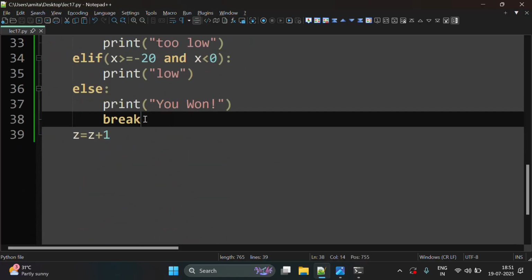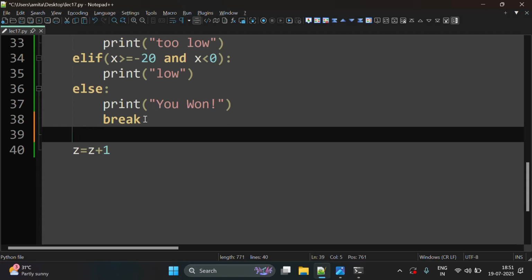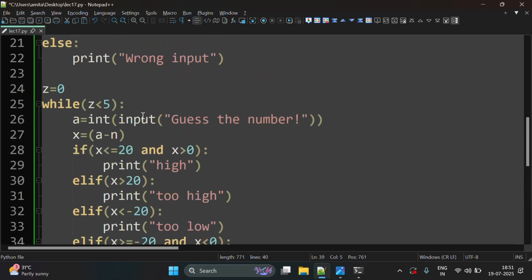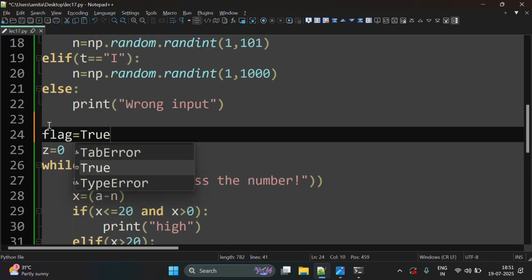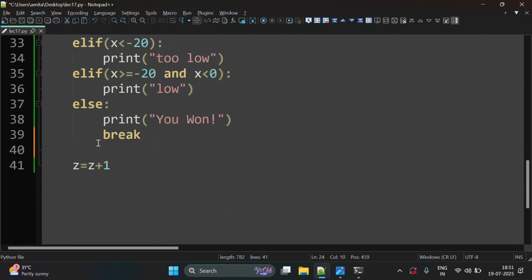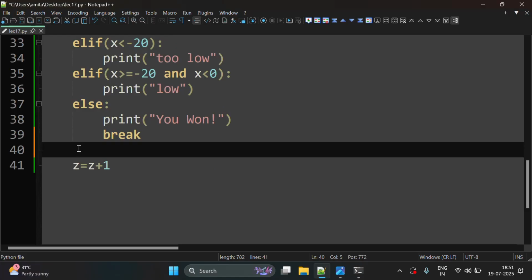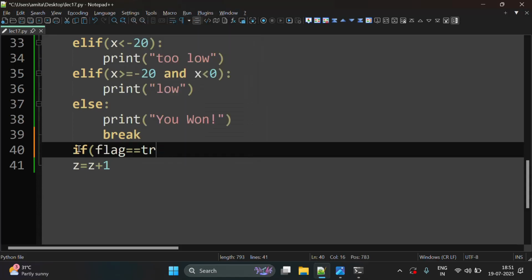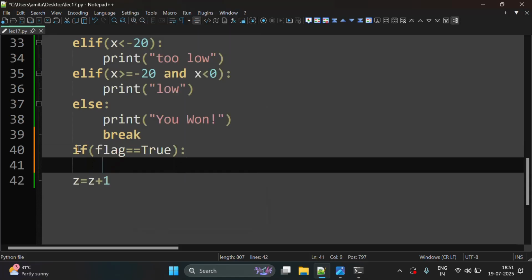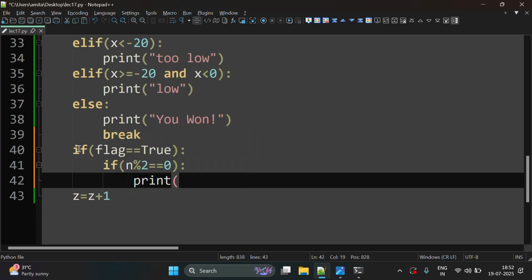Okay, so now let's add some hints. So first I will make a variable here named flag. This is any random variable. So flag is equal to true, I have set there, and I will say if flag is equal to true, then it will check the condition if the randomly generated number is divisible by 2. It will print the hint